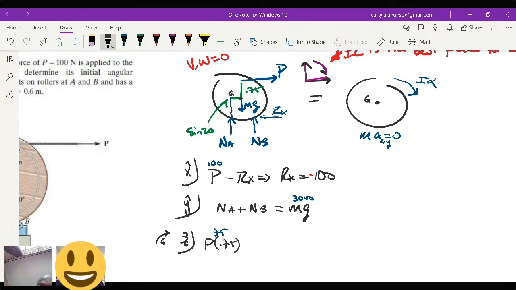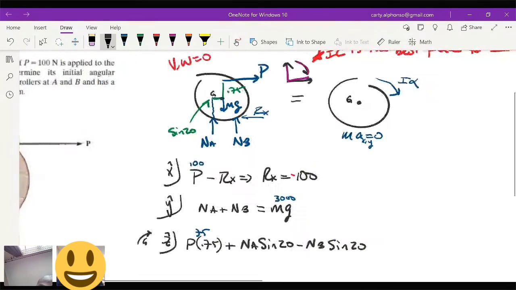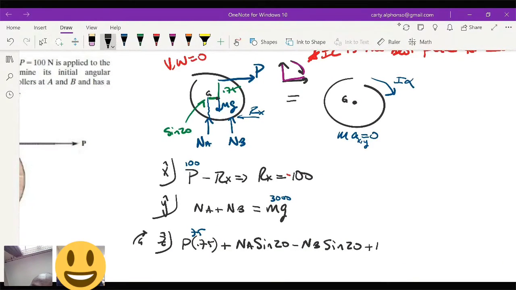Hopefully. That's your moment equation, right? This is our moment equation. So I'm going to go about the center being G. All right, from here we'll do the mass times gravity goes away. Then you're going to have a positive NA times the sine of 20. Then you're going to have a negative NB sine of 20. Then you're going to have a positive Rx times